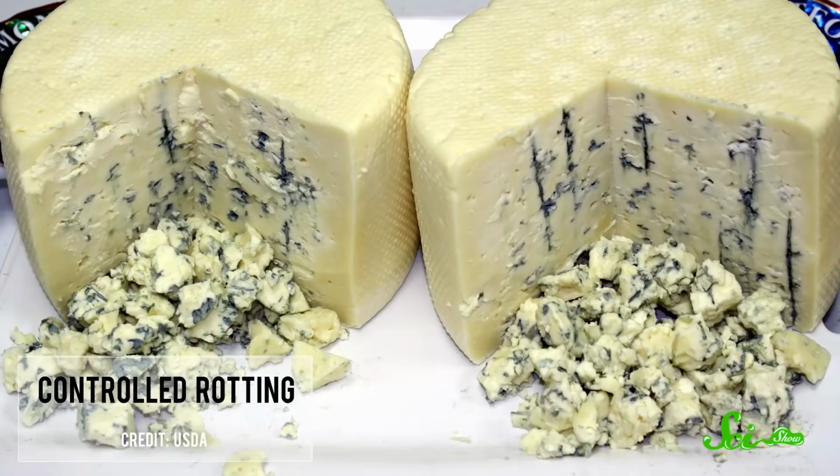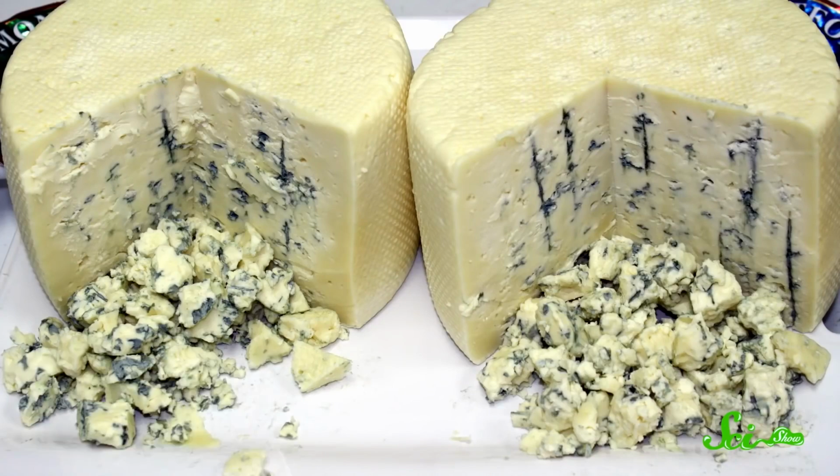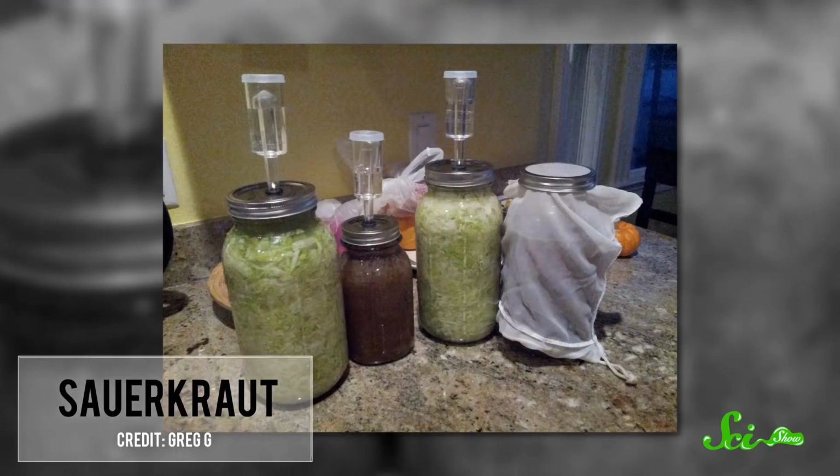Essentially, the foods that these microorganisms feast on and the foods that we buy them in undergo a chemical transformation that's basically controlled rotting. So if you prefer, you could think of probiotic foods as being partially rotten or pre-digested. You probably don't prefer that. Like it or not, though, they're what turn milk into yogurt, soy into tempeh, and cabbage into sauerkraut,